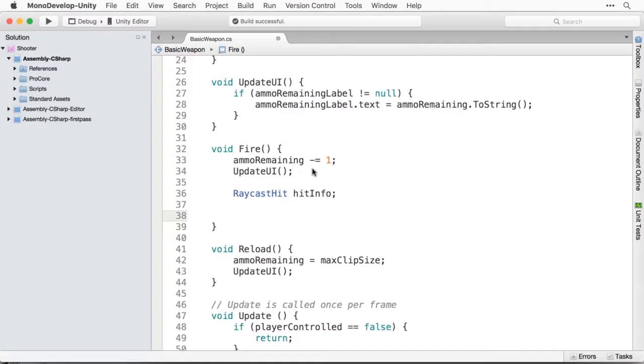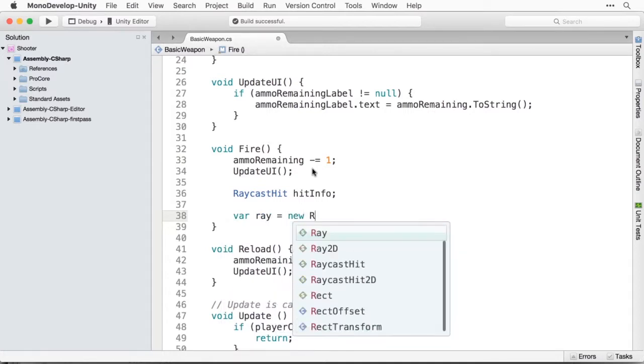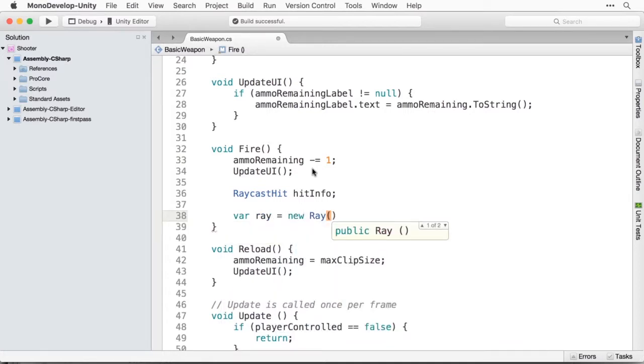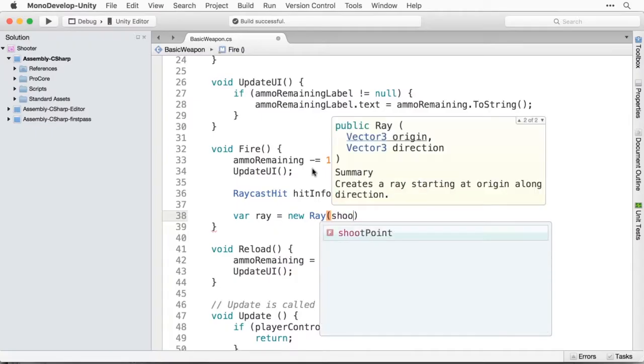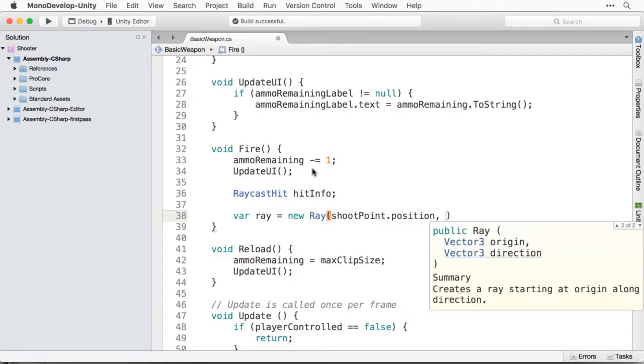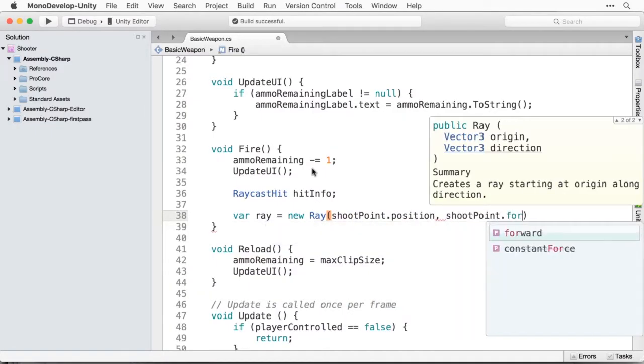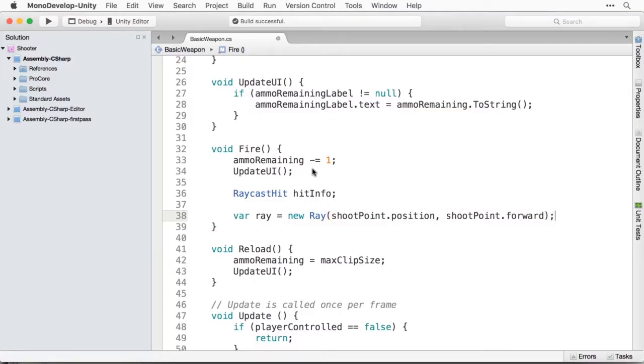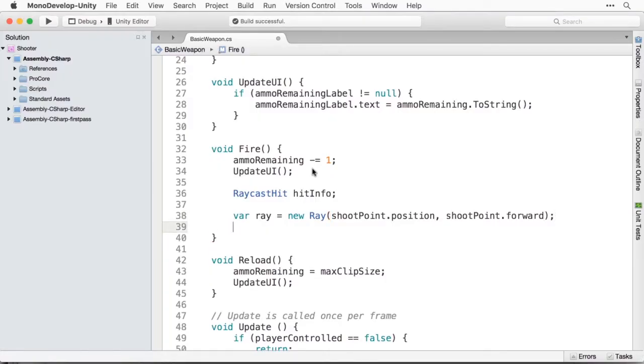Next, we'll create a ray, which will be an invisible line that has a certain direction and position starting point. var ray equals new Ray. It takes a starting point, which is the shoot point position, and also the shoot point's forward direction. Next, we'll perform the raycast itself by saying bool hit equals